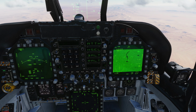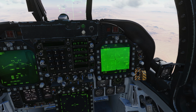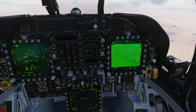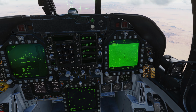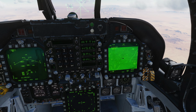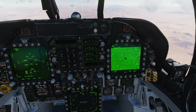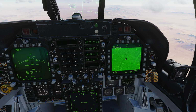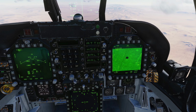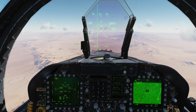So for the next one here, I want to show you another target, which is a hardened bunker, and we're going to drop 2 bombs at the same time, and I'll show you the setup for that in a second. Here we are, and just see me selecting it, and you can see the crosshair moving there. A lot of people complain that they can't move the target designator while they're in a certain track mode,